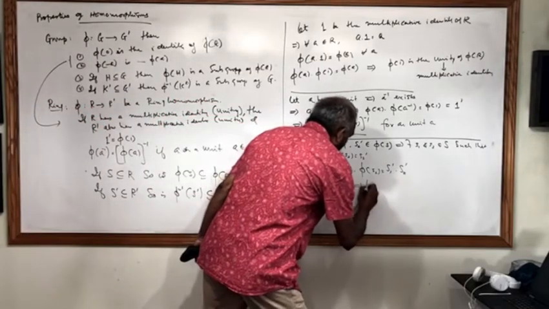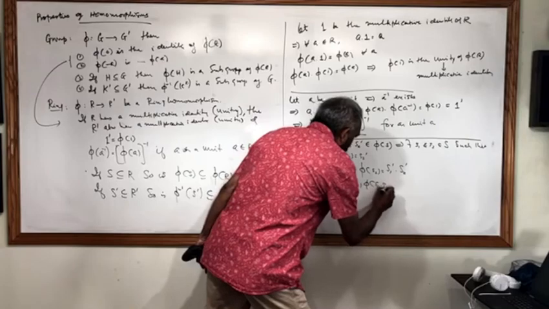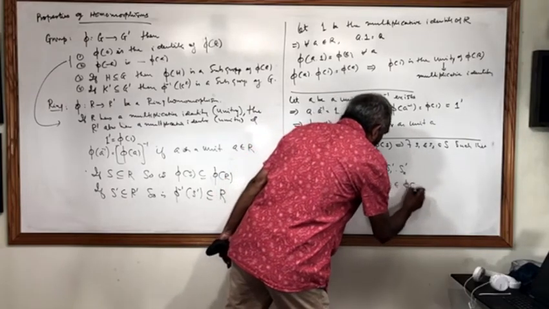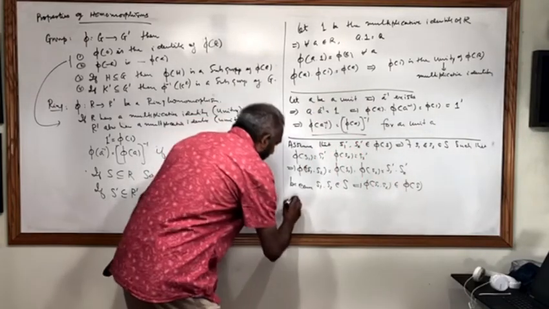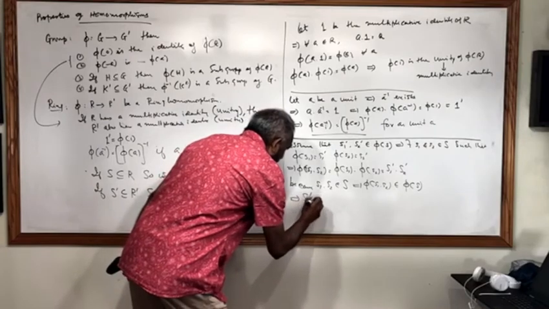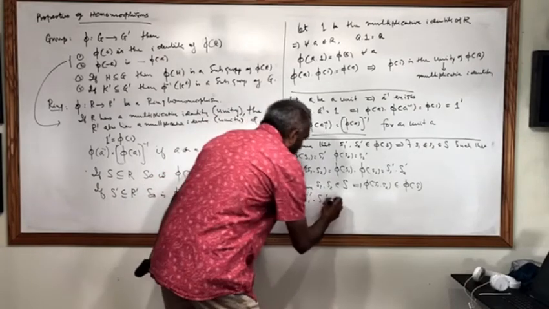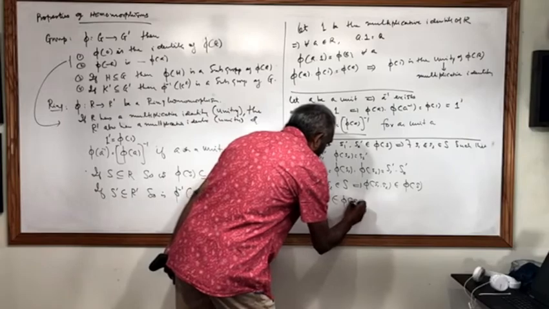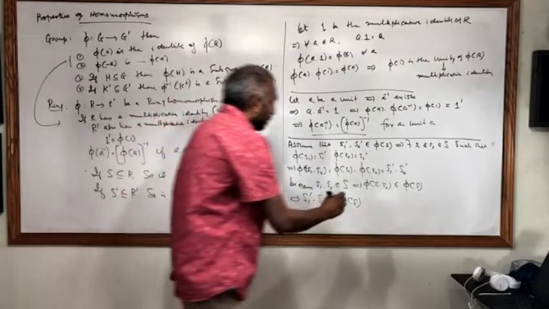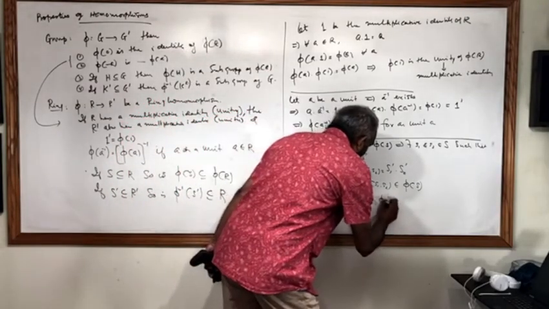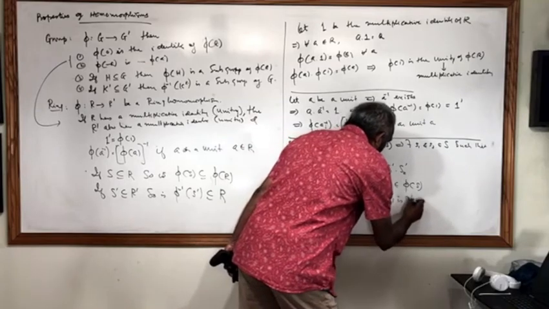That implies phi of S1 times S2 belongs to phi of S, and that implies S1 prime times S2 prime belongs to phi of S,